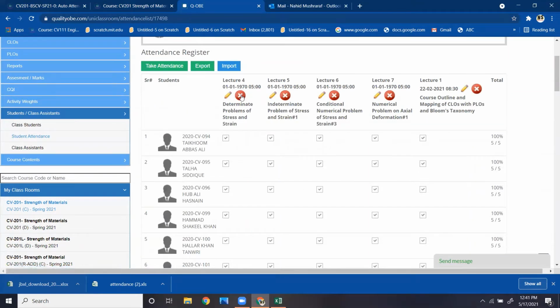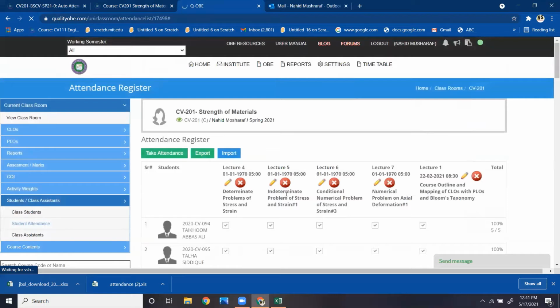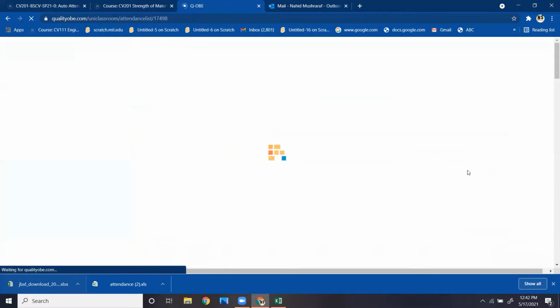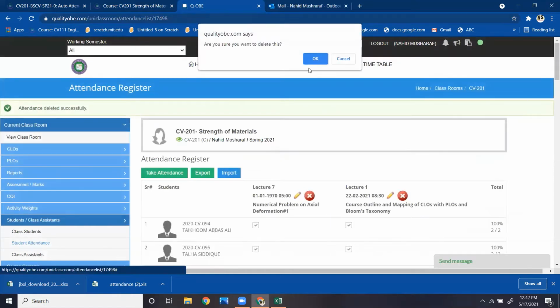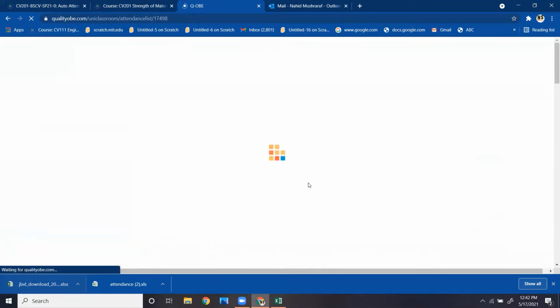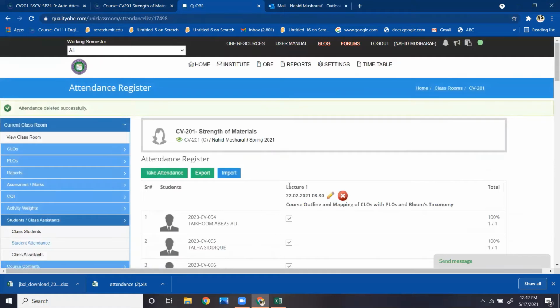It's lecture 1. Actually, I have uploaded this attendance, so let me cut it out. You can edit or delete the attendance whenever you want. For example, let me wait for it. The lecture number 1 which I have done here is visible to you, which I have uploaded. Now what I have to do next, let me erase this: delete attendance, and this is lecture number 1.